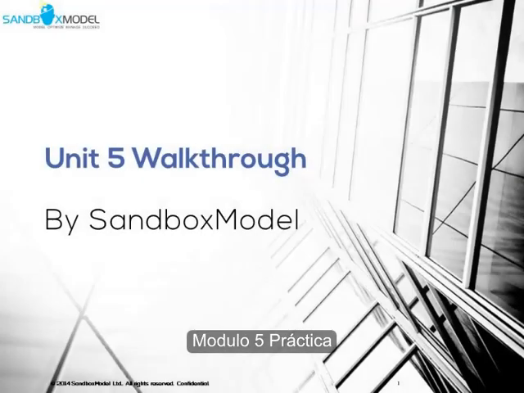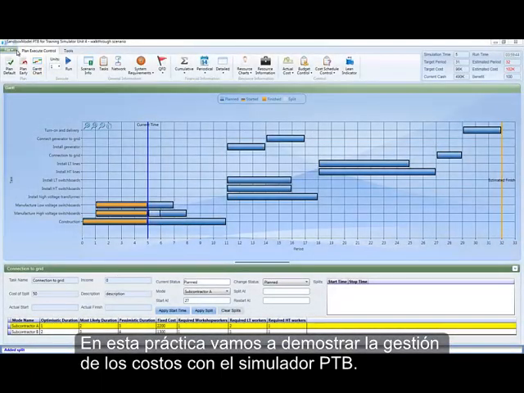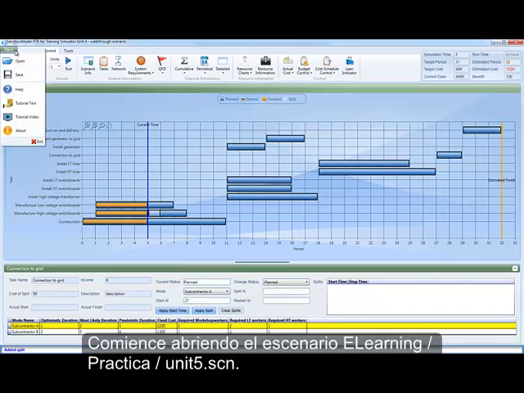Unit 5, Cost Management Scenario Walkthrough. In this walkthrough, we will see cost management in practice with the PTB. Begin by opening the scenario